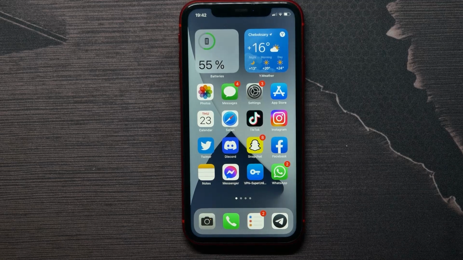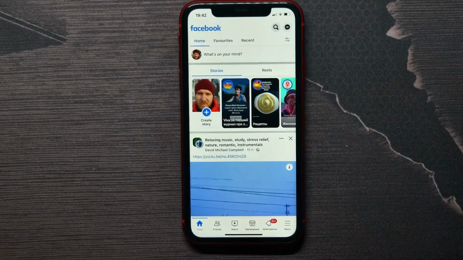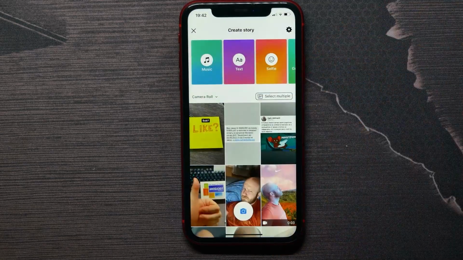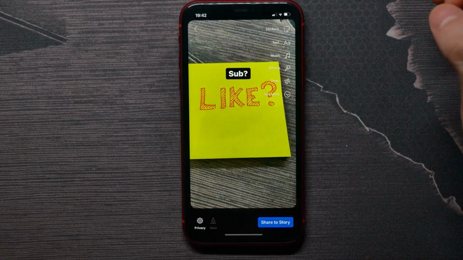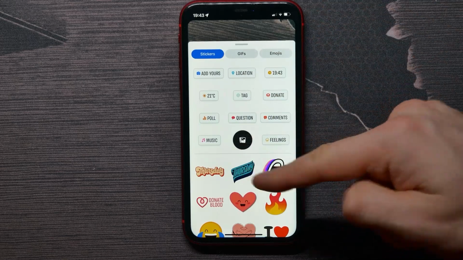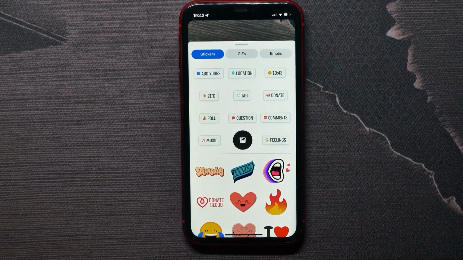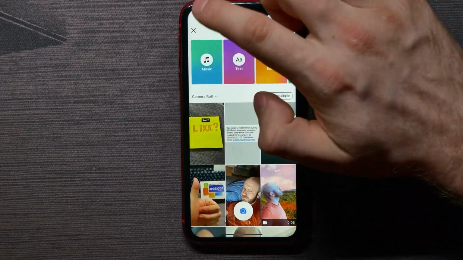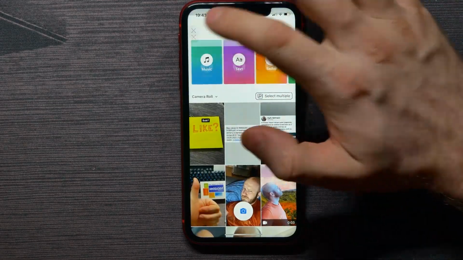The thing is that if you open up your Facebook, tap on the plus icon, add some media, and tap on stickers, there are no link stickers on Facebook. So you can't add a link to your Facebook story from the Facebook app, but you can do it from the